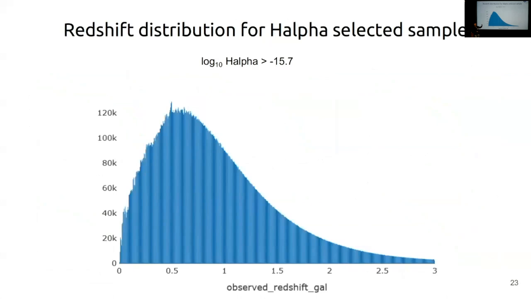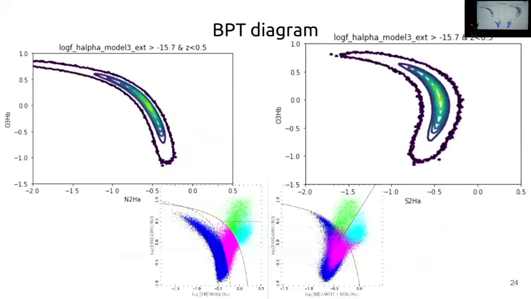And this is, if we cut at the flux limit of Euclid, the N offset that we get. And this is what Euclid is expected to have as a sample. Basically, with the Grism that we have, we will only detect H alpha from 0.9 to 1.8. This is the BPT diagram.